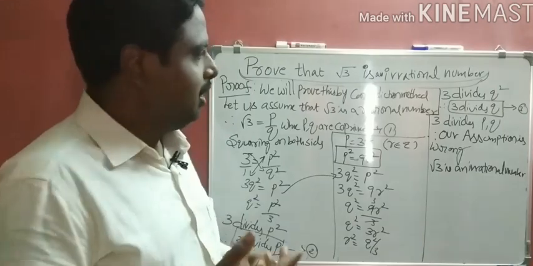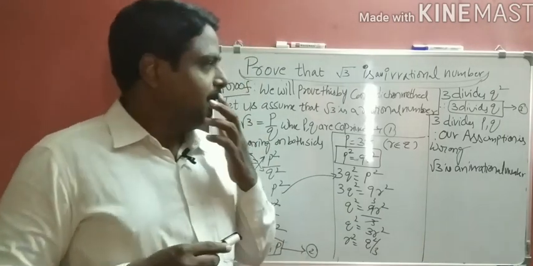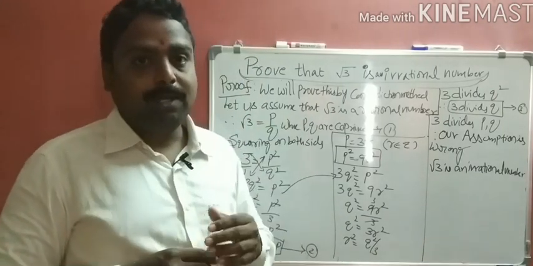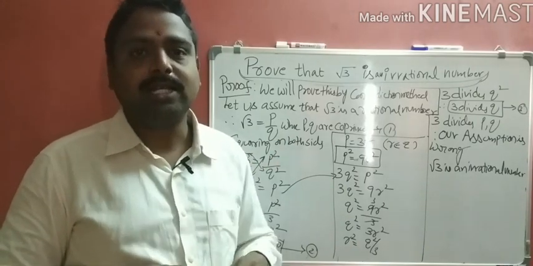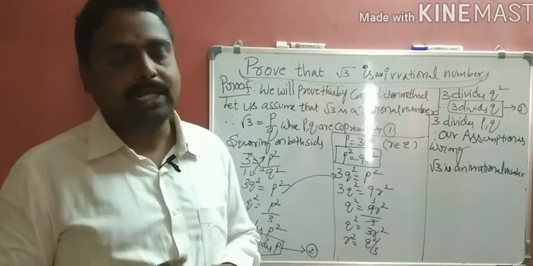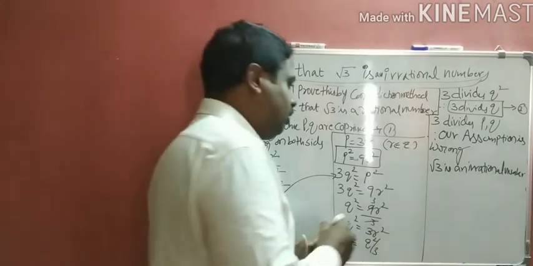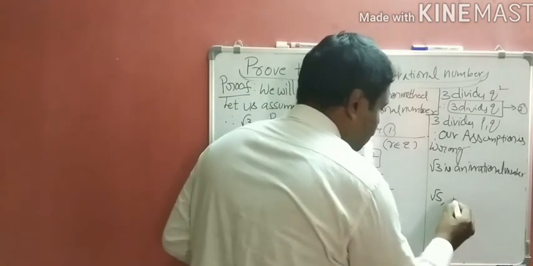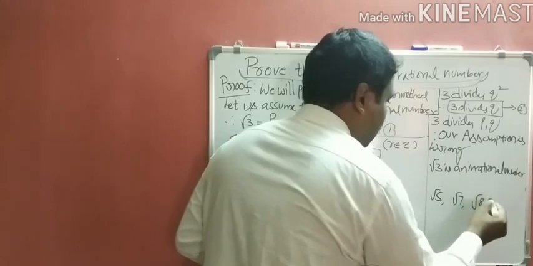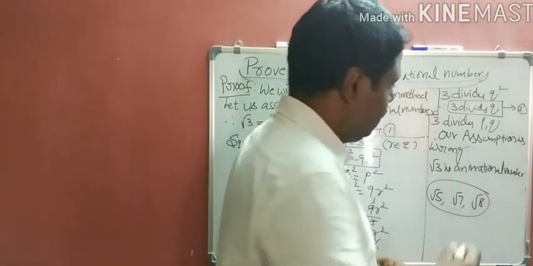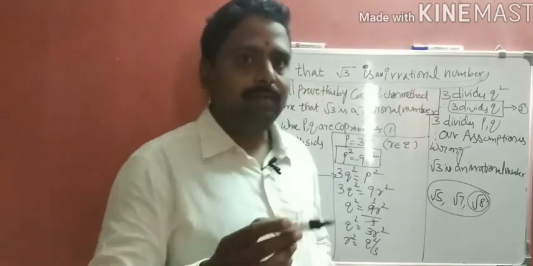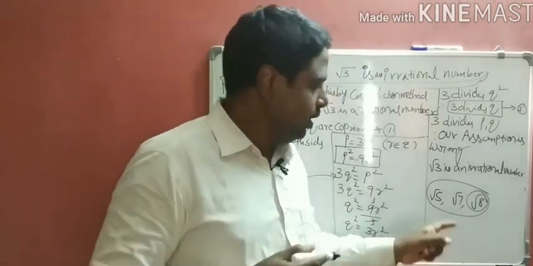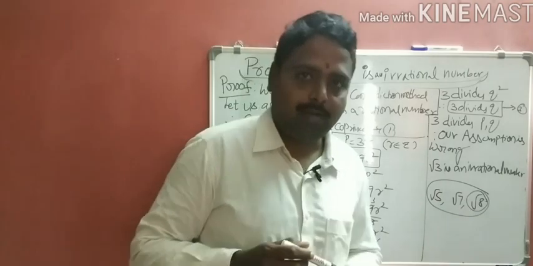Now, like this, we have to prove root 5 is an irrational number, root 7 is an irrational number, root 8 is an irrational number, root 10 is an irrational number, root 11 is an irrational number. Like that we have to prove all numbers. You do root 5, root 7 and root 8. Understand? One other little method is for root 2, root 8. We can discuss it with the next example. You do these three as homework problems, okay?